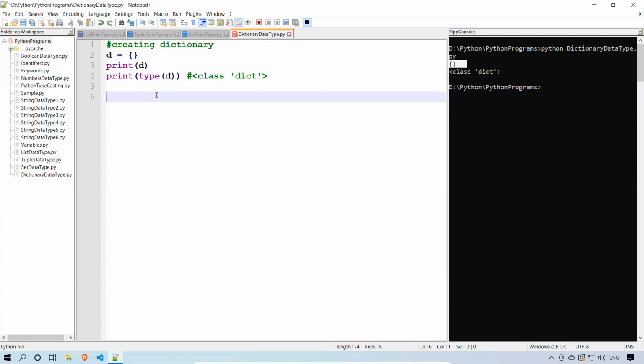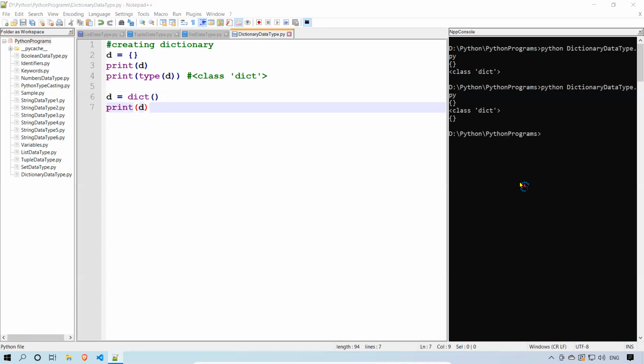And you have one more way: D is equal to dict function, print of D. When I run this, we get the empty dictionary two times, with both ways.